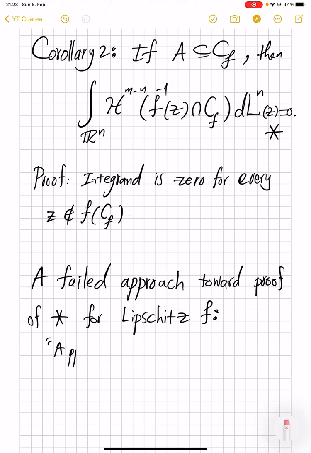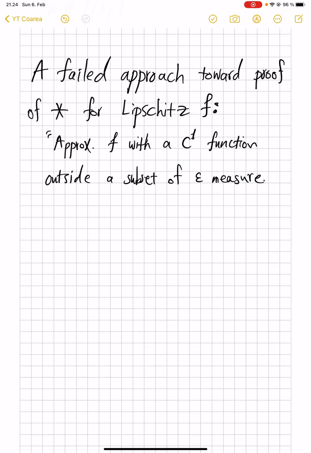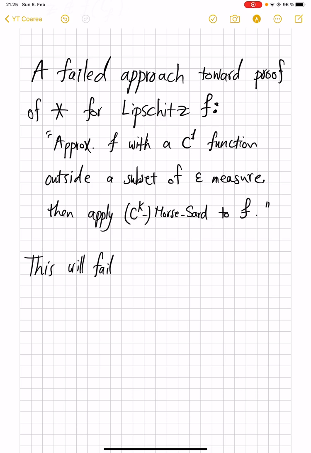Approximate the Lipschitz function with a C1 function outside a subset of epsilon measure. This we have seen many times, that every Lipschitz function can be approximated, that is, it is actually equal to a C1 function if you subtract a small set from the domain. Then apply the regular C^k Morse-Sard to the new f. This fails, this will fail